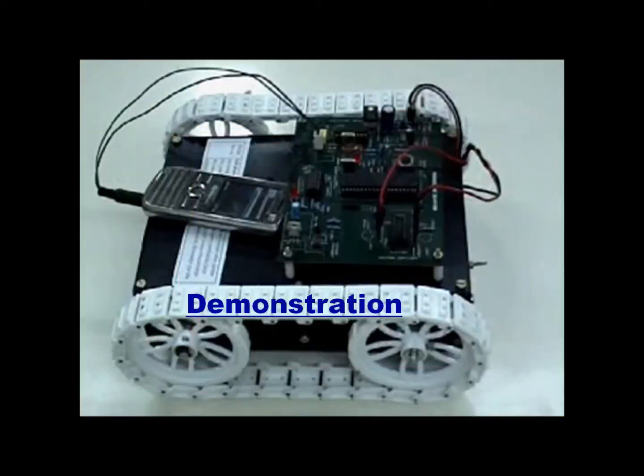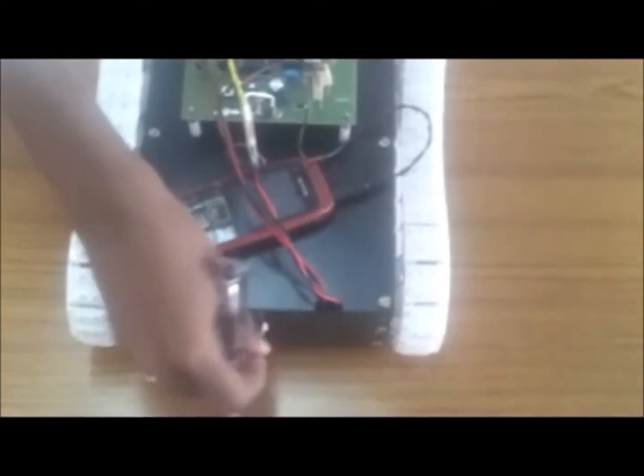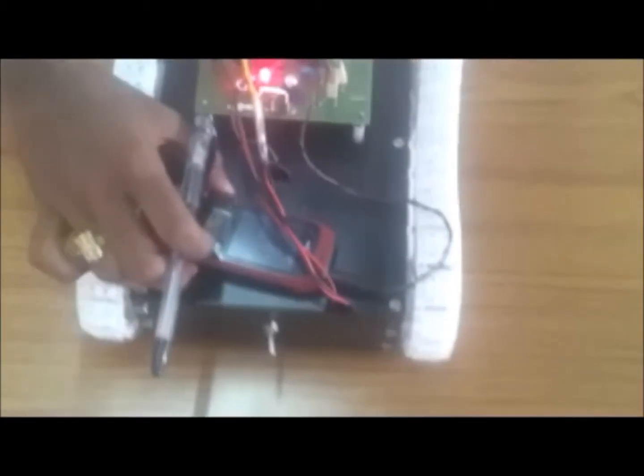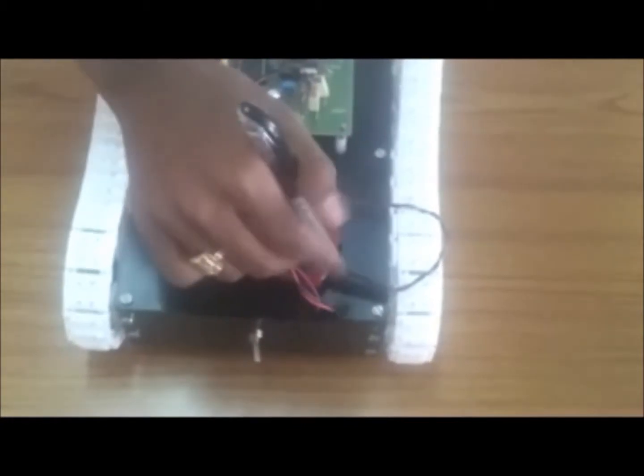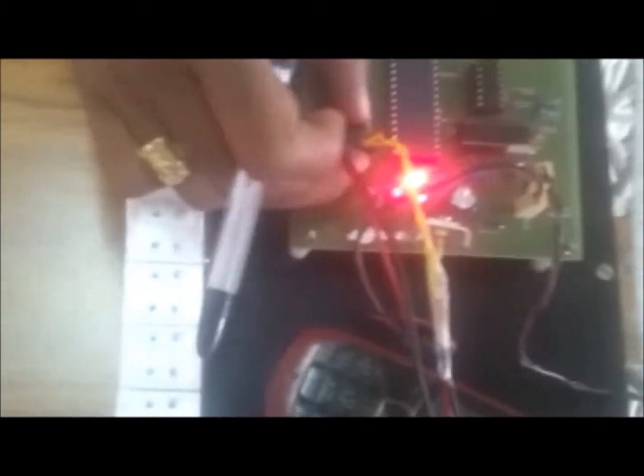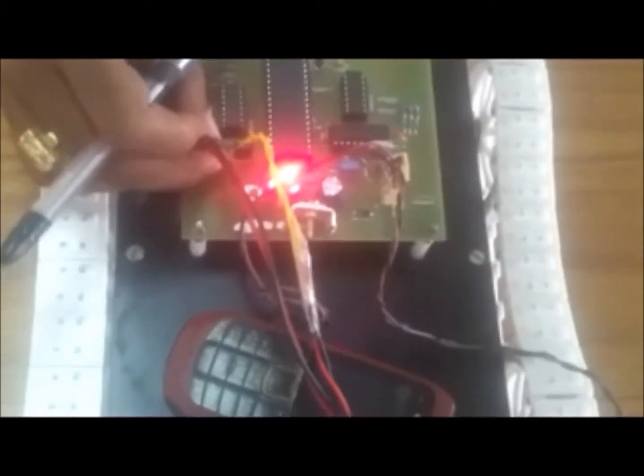This is our project demonstration. In this robot, there is a power supply which is used for on or off operation. Here the mobile is connected through the headphone jack, which is mounted on the robotic chip. Then there is the DTMF decoder. Here are the two pins which are used to connect the motors, motor 1 and motor 2, which rotate in any direction as per the sender's command.